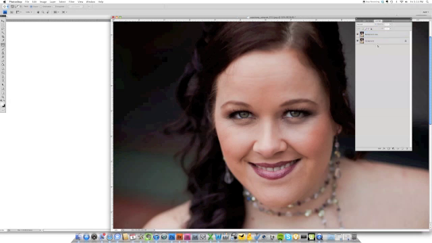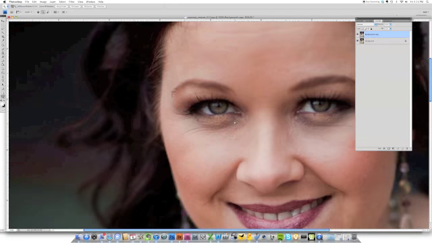So now I would flatten that, go up to my History tab, and take a snapshot just so I can go back to that if I make any mistakes. So back to my Layers tab, we're going to duplicate that background again. You can drag it down to the layer icon, and we're going to fix the under eyes. So we'll do the left eye first. Hit J for the patch tool and select under the eye, and we're going to drag that to some clean skin,